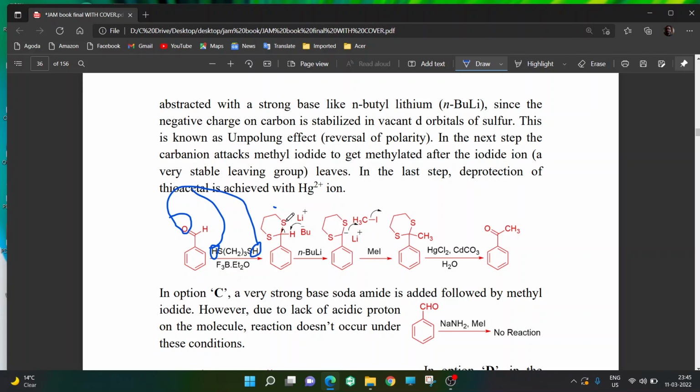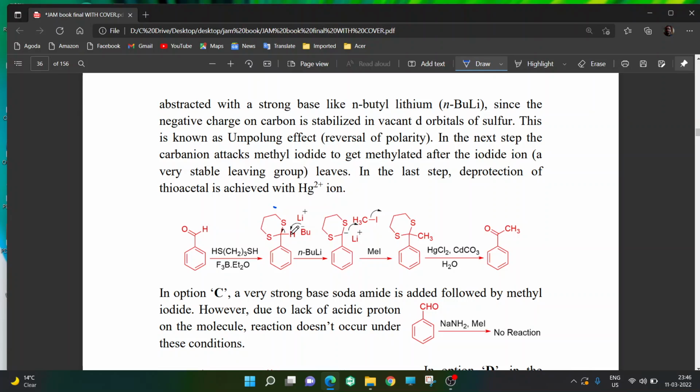Now sulfur has vacant d orbitals, so it stabilizes this negative charge. This proton till now was not acidic. You cannot remove it, because if you remove this proton you get a negative charge which is not stabilized by any means. But once you form this,